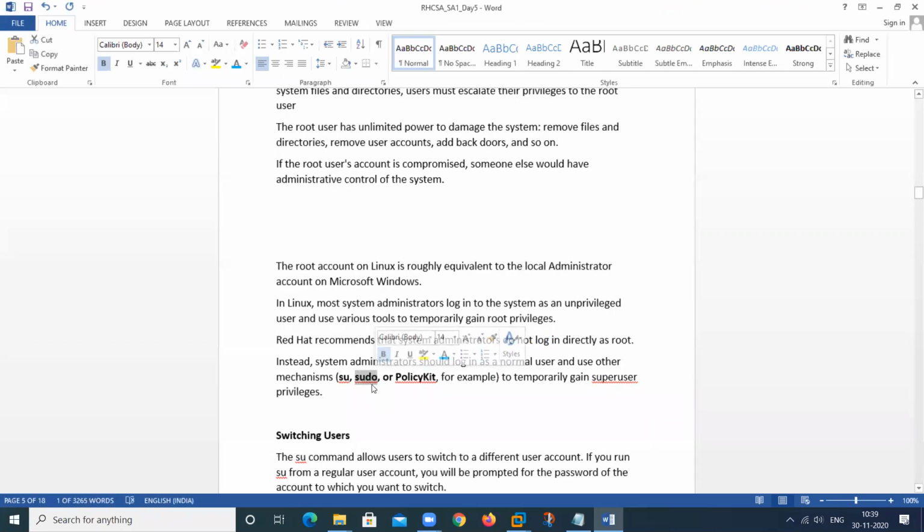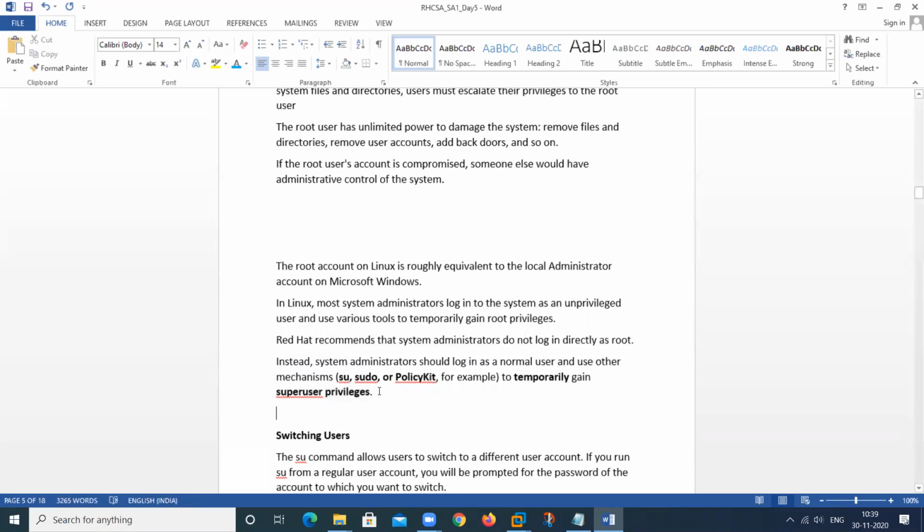This is the tool that is used to provide the permission. By using the sudo command, by using the sudo utility, we can provide temporary super user privilege to any user.